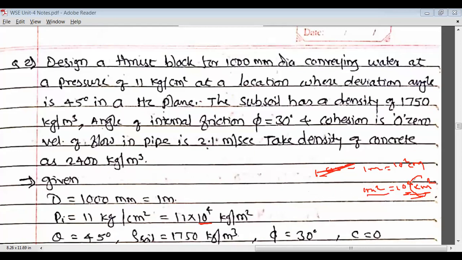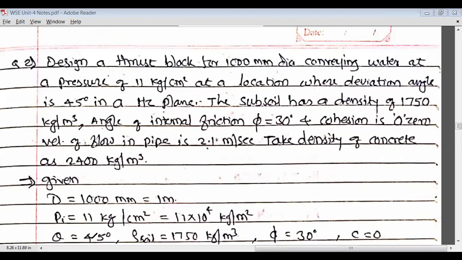1 meter square is equal to 10 to the power 4 centimeter square. Now here, this value is in the denominator. So 1 centimeter square is equal to how much? It will become 10 to the power minus 4 meter square, right? Now instead of centimeter square, we are putting meter square, which means we have to put 10 to the power minus 4 meter square in the denominator. When this goes to the numerator, it will become plus.